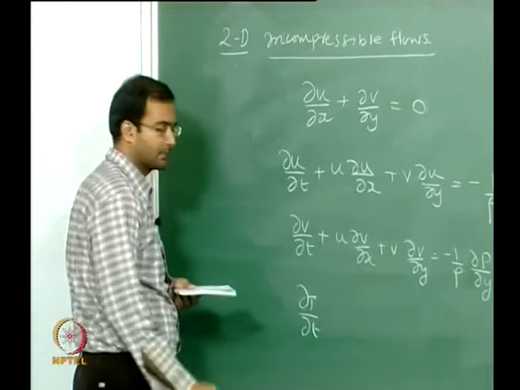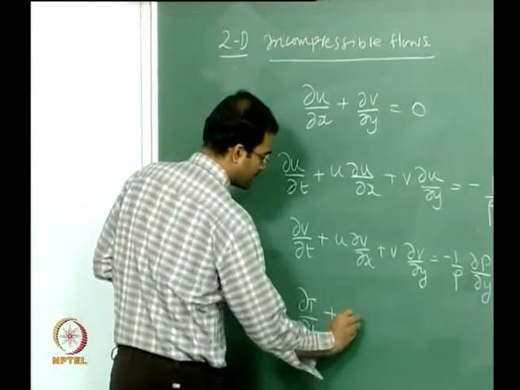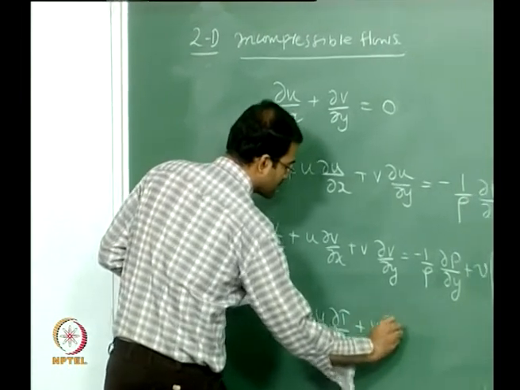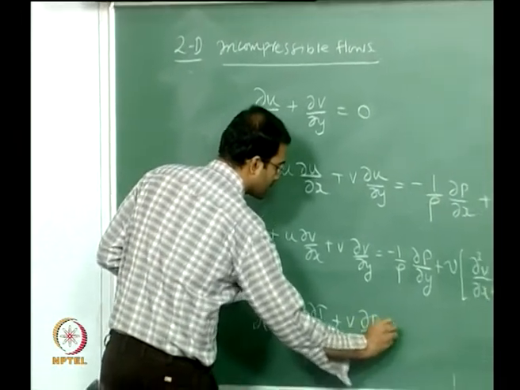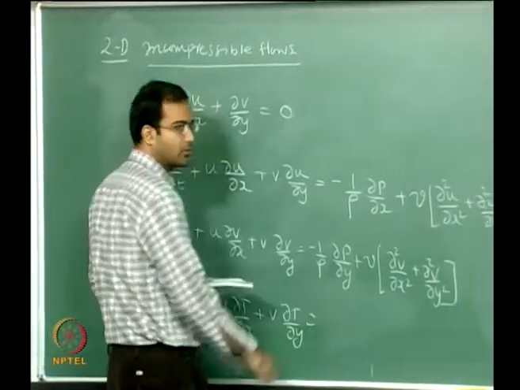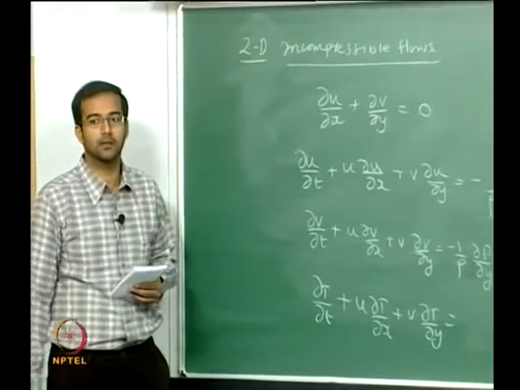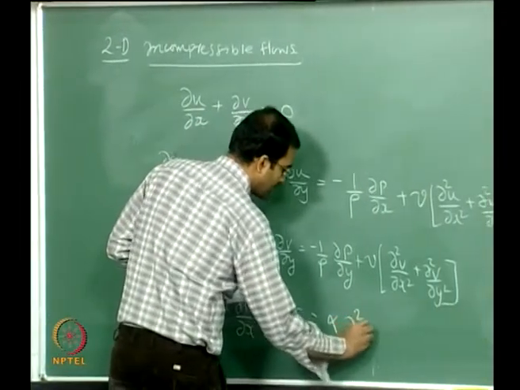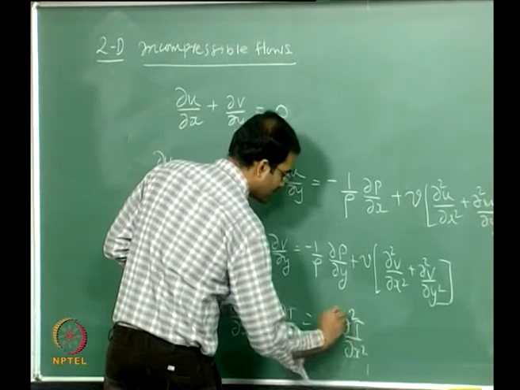Okay, plus is equal to alpha, because that is k by rho Cp, which is nothing but the thermal diffusivity. Okay, the thermal diffusivity alpha plus,